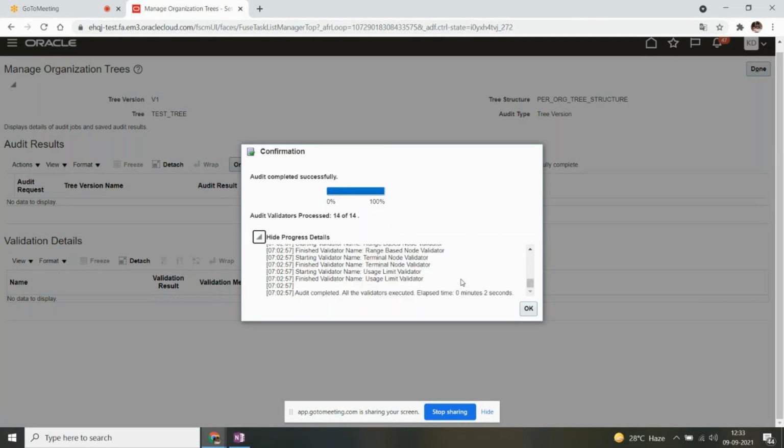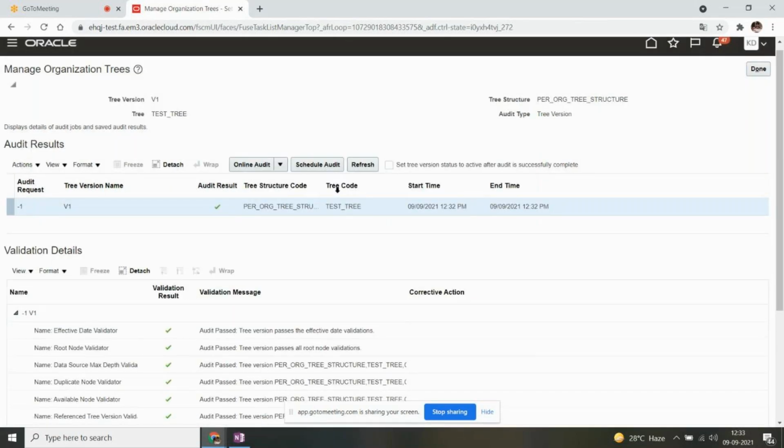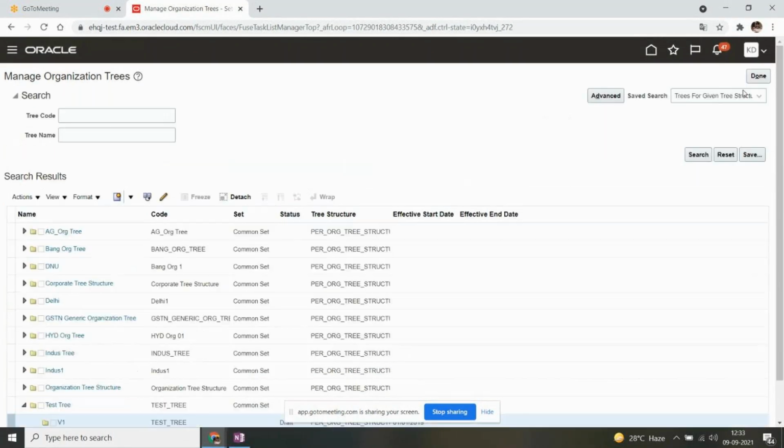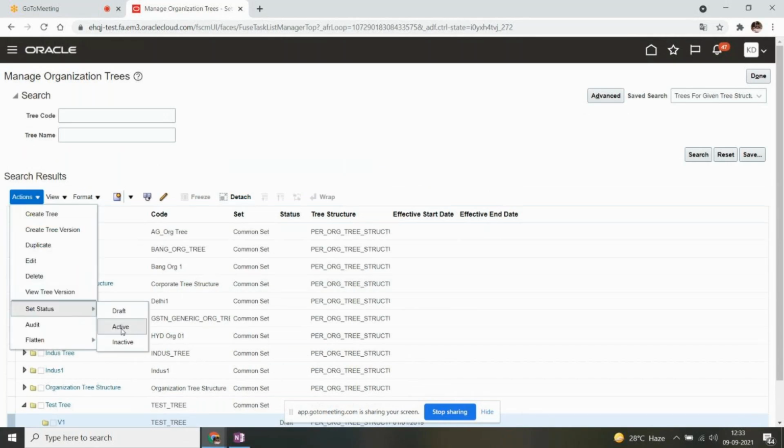You can see what the errors are, and again we'll go to the tree version and try to correct them, and then we'll come back and again complete the audit. So I have successfully audited it. Then we can go to the active. So now I can directly make it active.